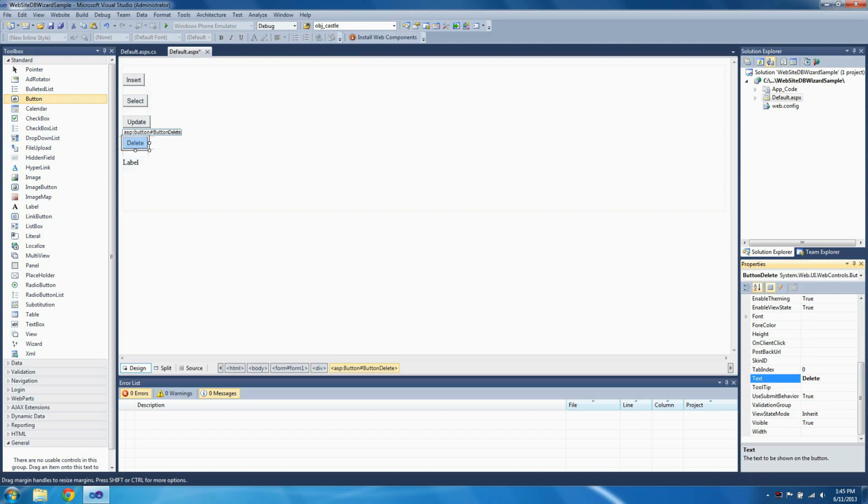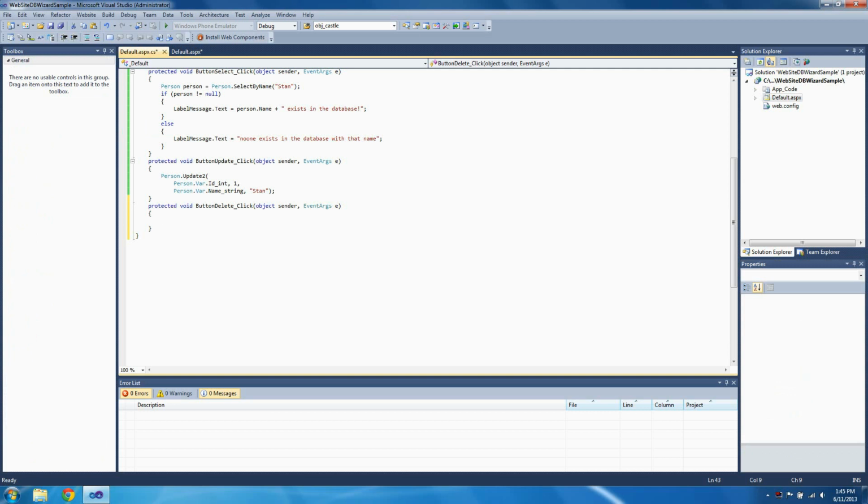Let's double click the delete button to create the click event, and let's simply say person.delete ID of 1. If we wanted to, we could have selected the person as well and then deleted him by knowing the ID. Let's save all, view in browser,